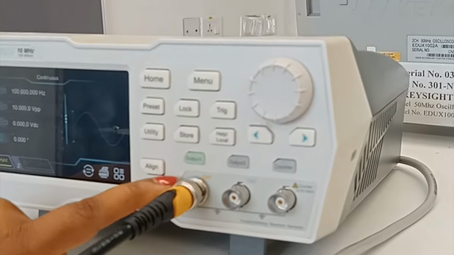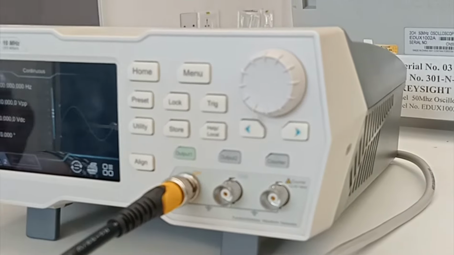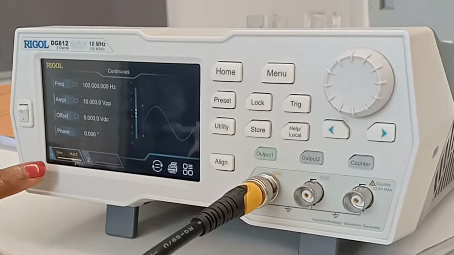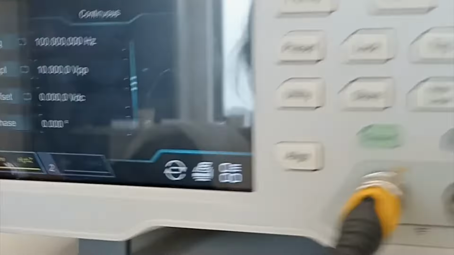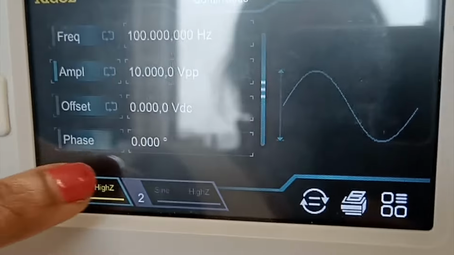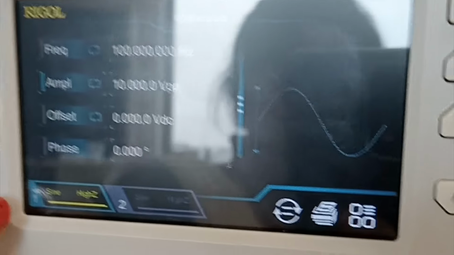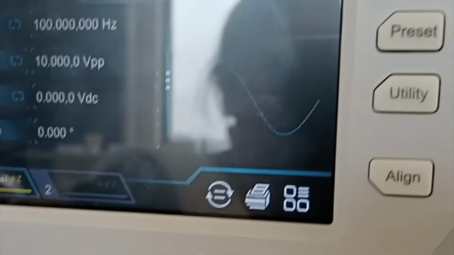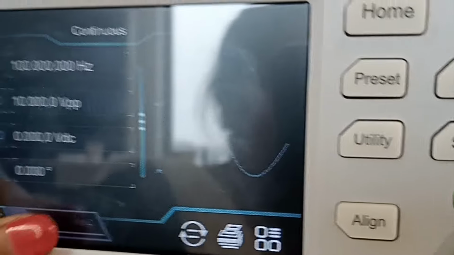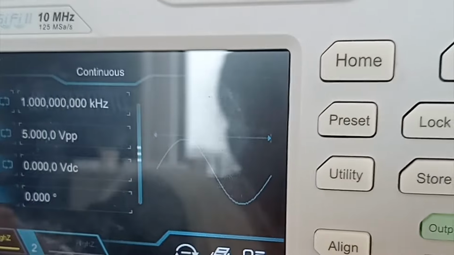Make sure when you're using, let's say, channel 1, you have to do all the settings in channel 1. So here we can select channels. Here you can see the blue border line shows that this channel has been connected. If you are using channel 2, you will go to this and do the setting over here. Okay. Now this is my DSO.